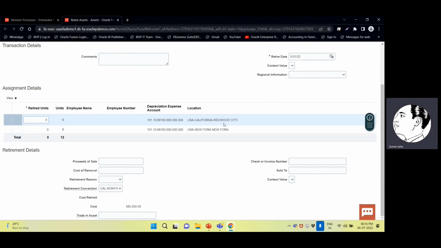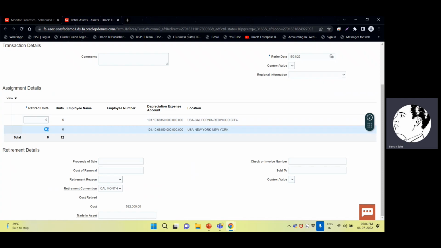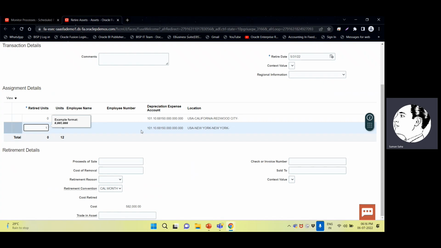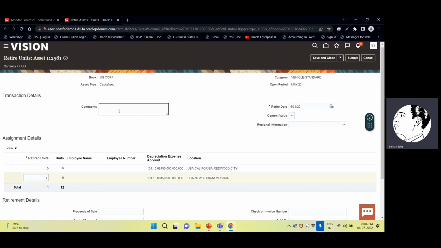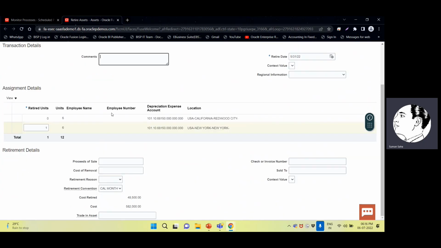So I have got two locations out there. So I want to say one asset has been retired from this. One unit I will retire. Say one asset has been retired due to some defects on that, or it's unrepairable now, since it is a vehicle and the vehicle is not in that condition that it can work properly, and I am retiring the asset now. So provide the comment due to